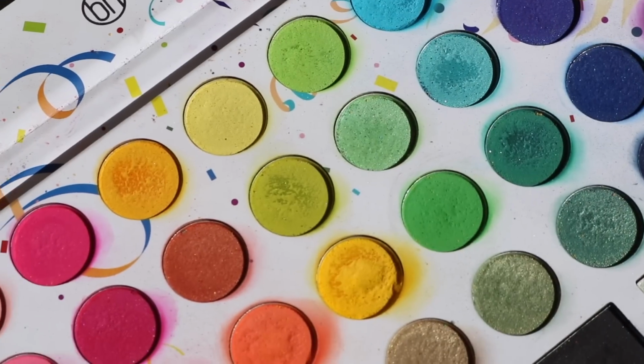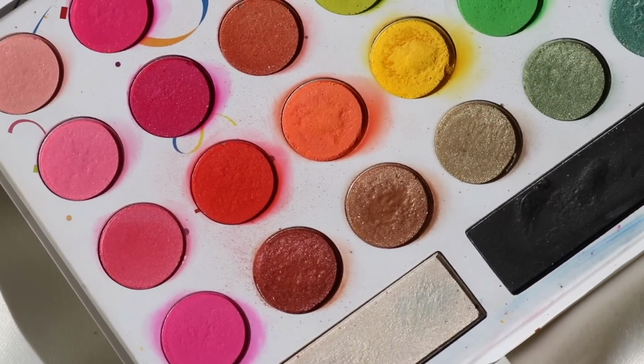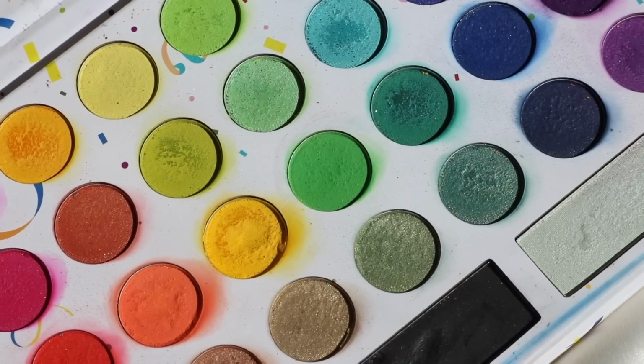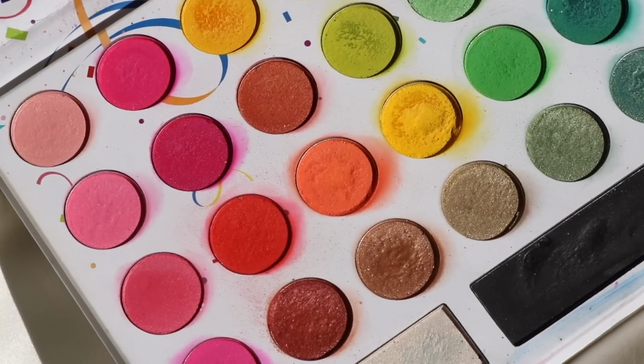This is a 35-pan eyeshadow palette, and it is just a full-on rainbow palette. Like, you can see that rainbow gradient as I hold it here, but then you also get these 3 shades here, which is pretty nice as well. You get the matte black, so you can deepen out any eye look. You get this inner corner highlight, and then you get this green, which I don't really understand, but it's still